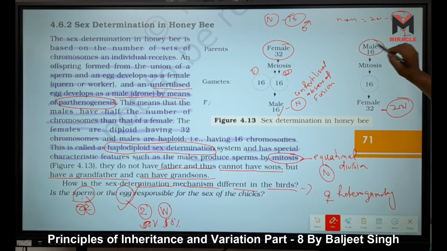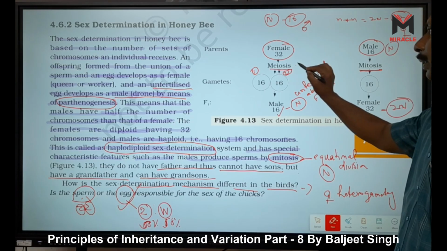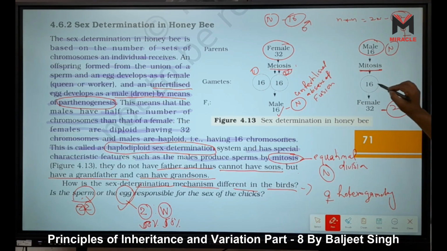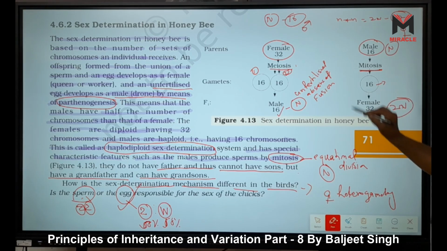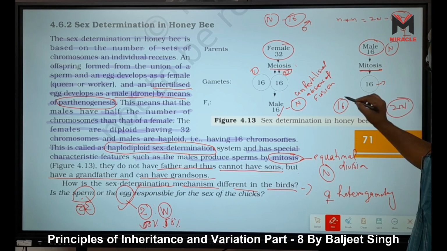In the male, what happens? Look here, because they have n number of chromosomes, they produce sperm through mitosis, not through meiosis. That is the first difference. Sixteen chromosomes, female means 16 chromosomes. Now what happens? Another 16, and when they fuse with each other,